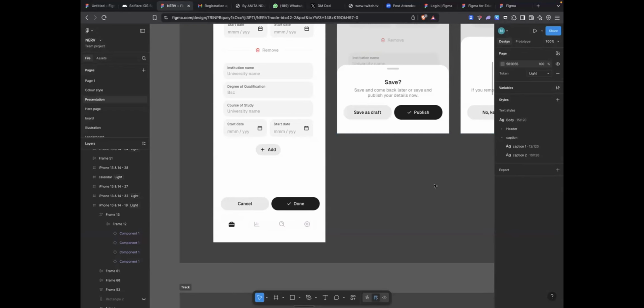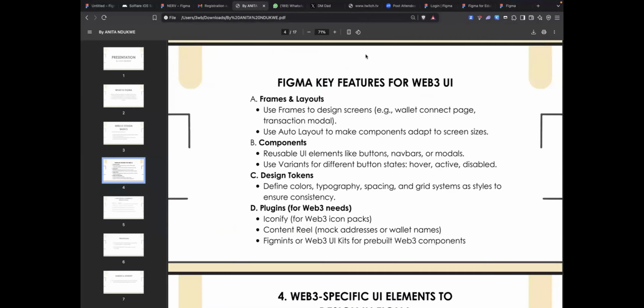So along the line, you still like be creating your different components. People think that maybe before they start designing, they'll do their components. No, because sometimes you might not really figure out all the features you want to use for a design. But along the way, you figure out the features you want to use, come back, and create your components. So yeah, let's go back to what we have here.